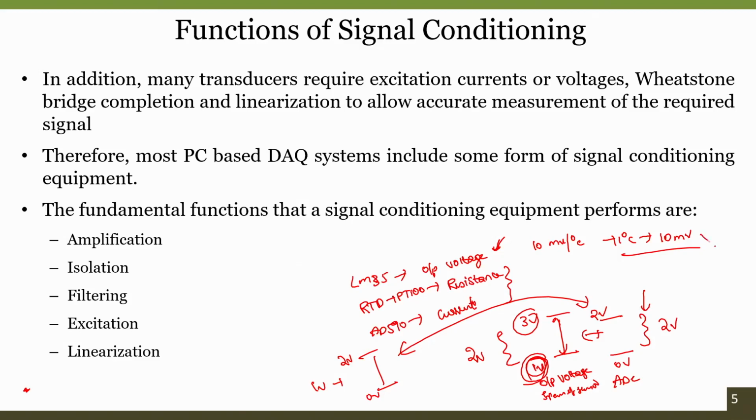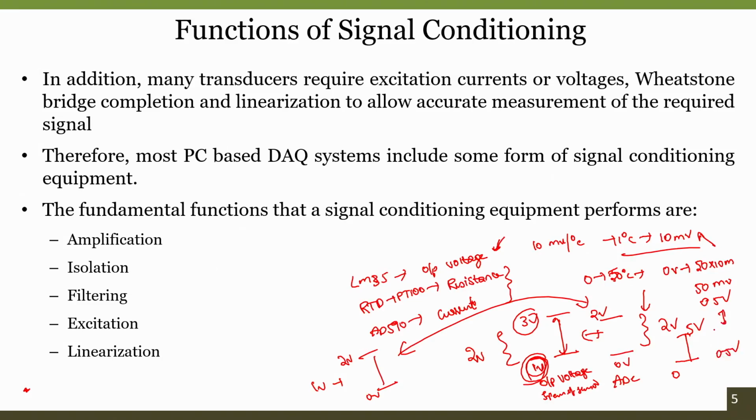So in this case, when I deal with 10 millivolt per degree, and you say your maximum temperature to be measured is 50 degrees, when you look into the output voltage, you will get somewhere around 0 volt to 50 into 10 milli, that means 500 millivolt, 0.5 volt. So even though you have an ADC range of 0 to 5 volts, you could use only 0 to 0.5 volts.